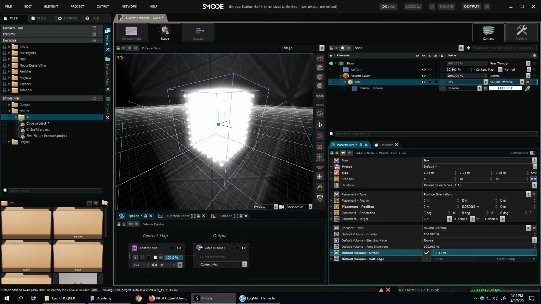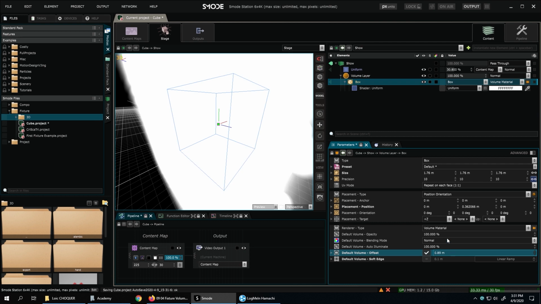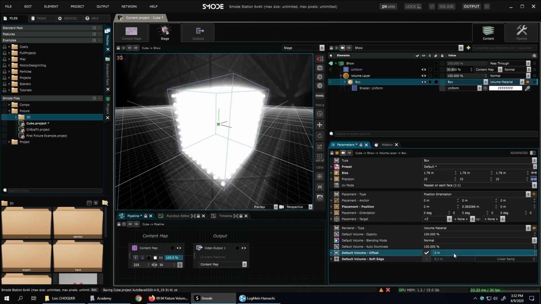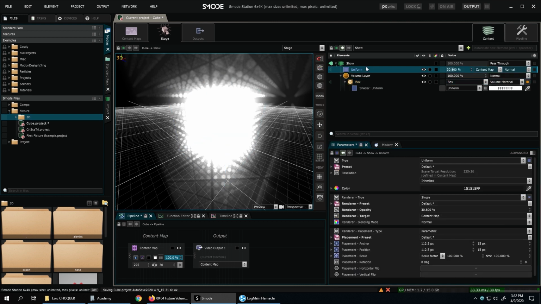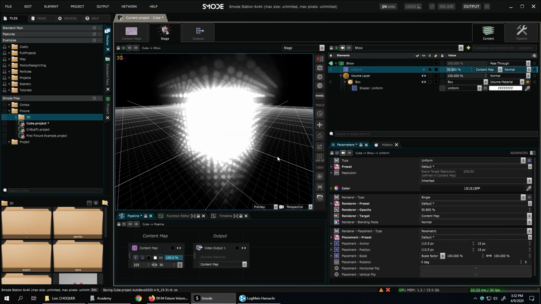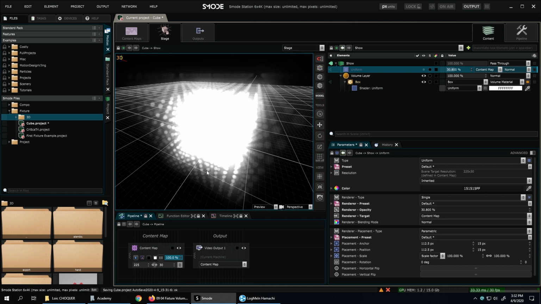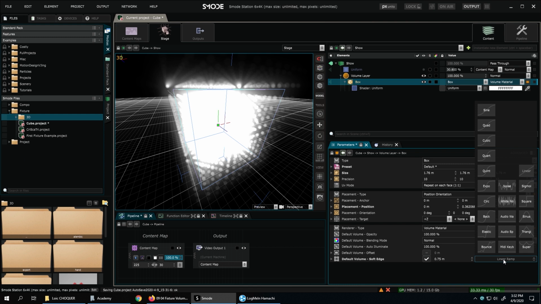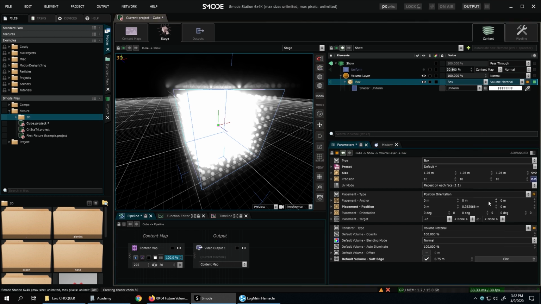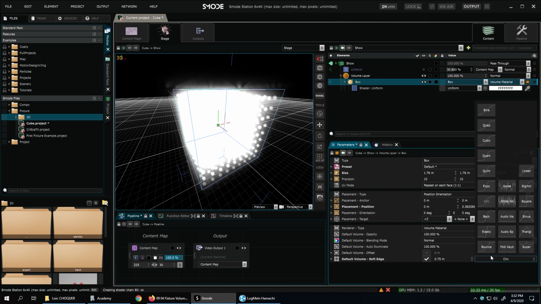You can offset the place of the border of the volume, and we can also make a soft edge. So if we increase it, we see that the cube has a soft edge on it. And you can choose, of course, the function of this soft edge, like in all other layers.